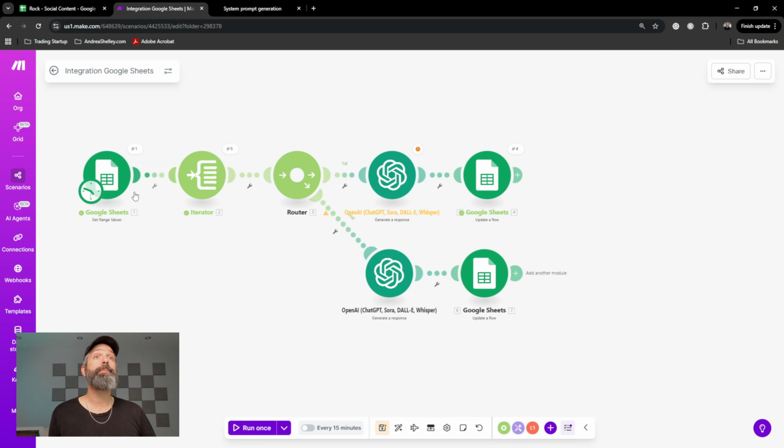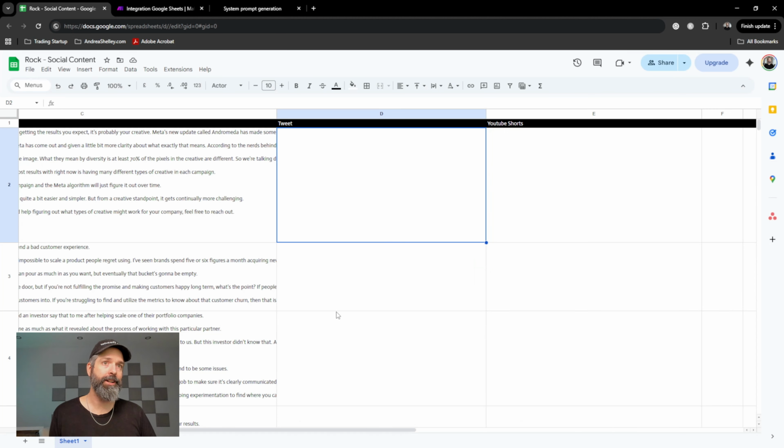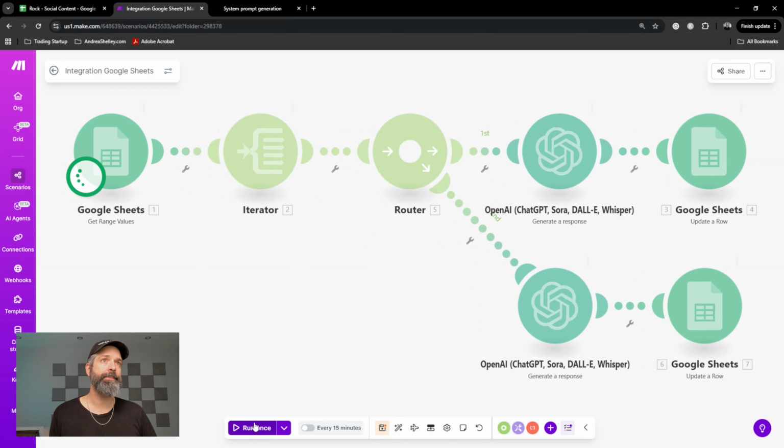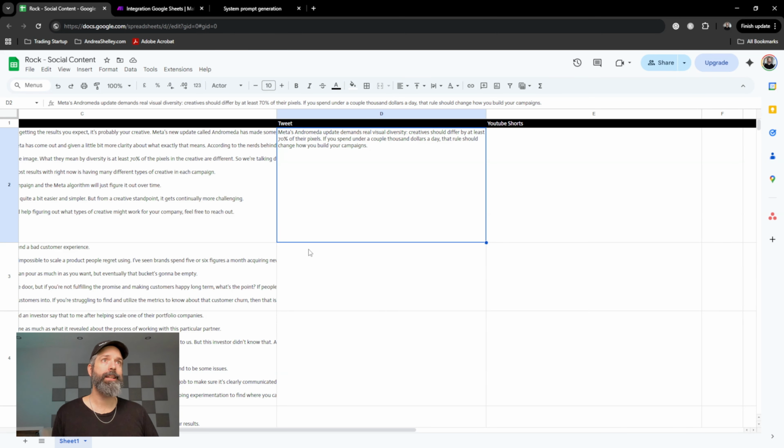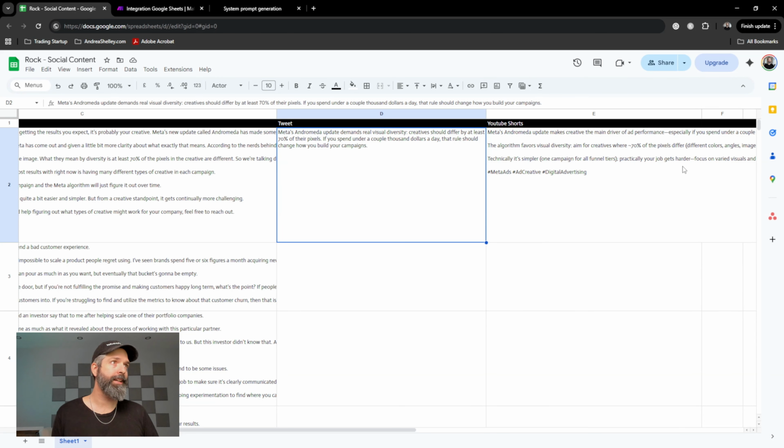And now I should be able to hit play and it will grab all my information, break it into pieces, create a tweet, go down here, create a YouTube description, and then loop through again, filling all of my columns for me to then review and edit. So I'll hit play and we'll watch the magic happen. And there is my tweet. And while we sit here, it should also create my shorts description. There it is. I forgot to tell it not to use the M dash, so there's one in there, but